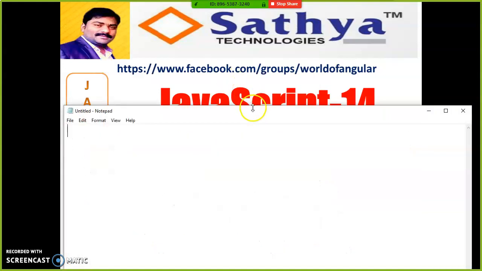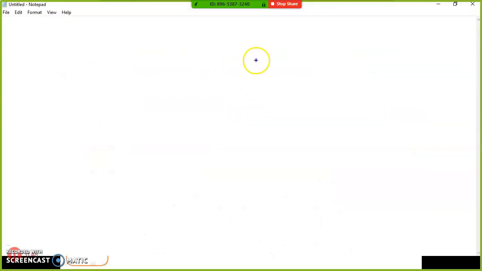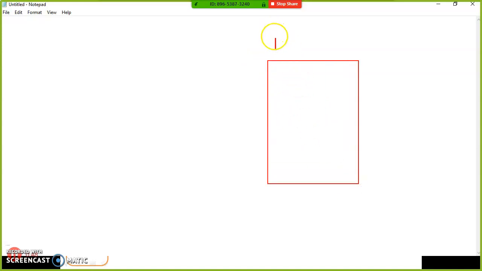Is it clear, everyone? I already told you several times, whenever you develop any application, you have to keep that application on the server. This is your server. Why keep it on the server? Global accessibility. The entire world can access that application. Let us assume this is your application. The application consists of files. Let us assume here I have one file called index.html.